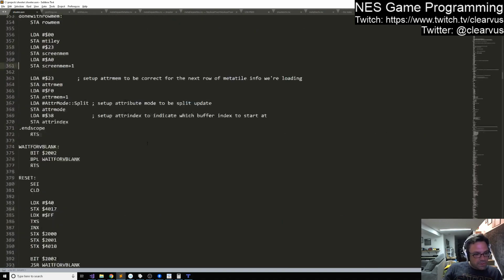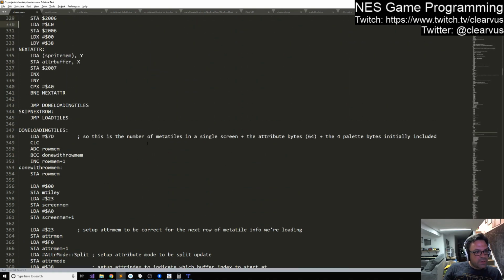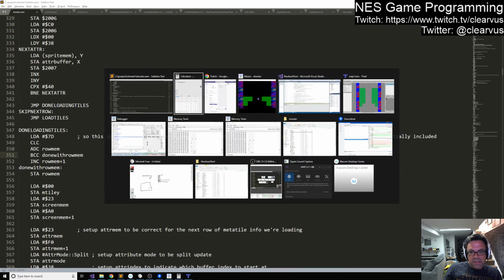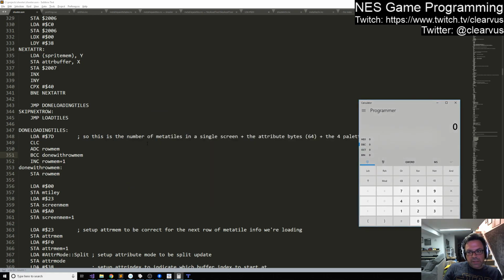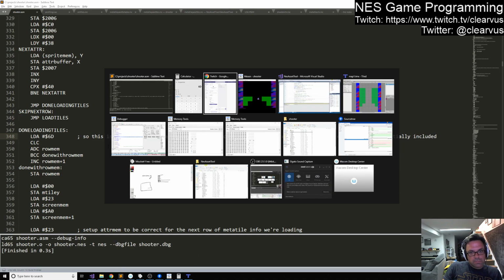So this is an initialization problem here. So this value that it's going to be loading, the 7D, is technically not right, because we need to, okay, so maybe that's why. So 6D,